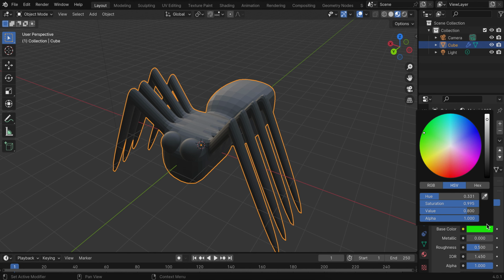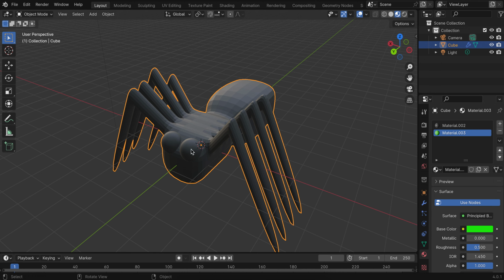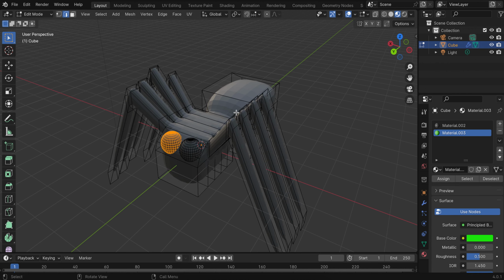But of course it doesn't know that the eyes are the things that should be bright green. Right now, everything is assigned to be for material 002, as it's called, the dark material. The green one is not yet used. So going into edit mode will let us select the pieces that we want to turn green,